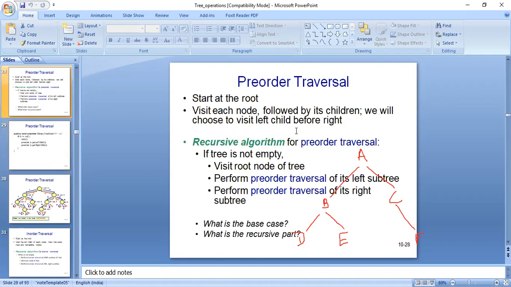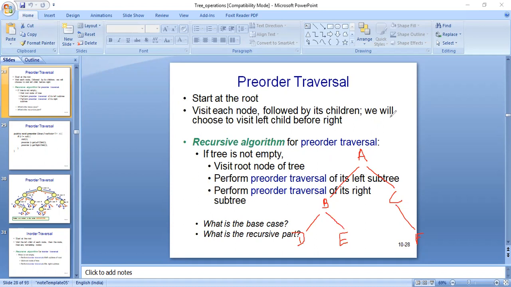Check carefully here. We have to traverse the root node first. We are considering this binary tree, and for the pre-order traversal we have to process A first because this is the root node. Then we traverse the left node, then the right node.